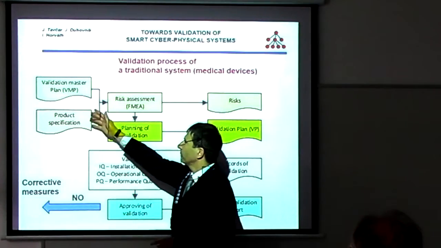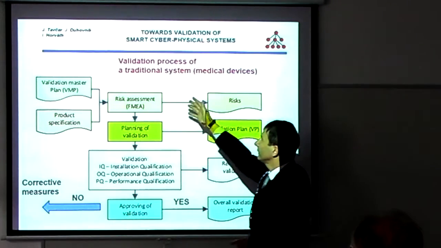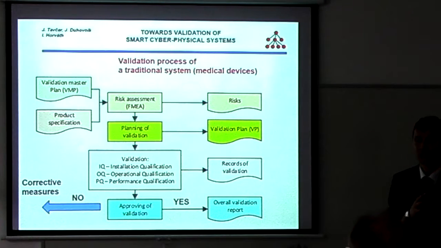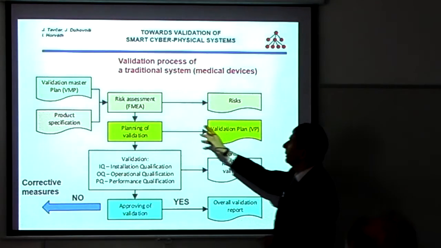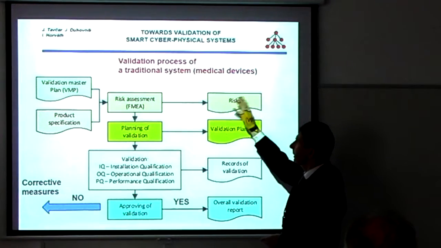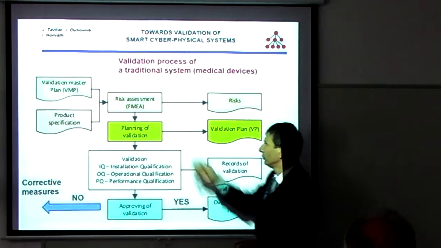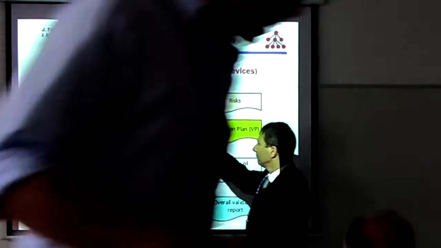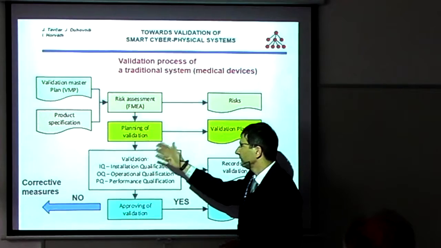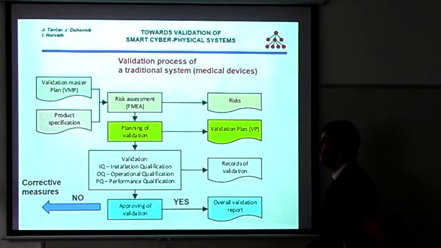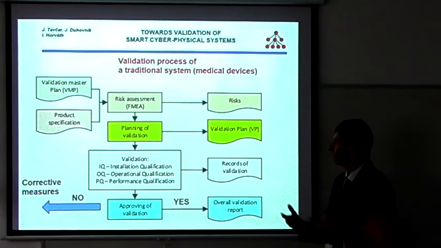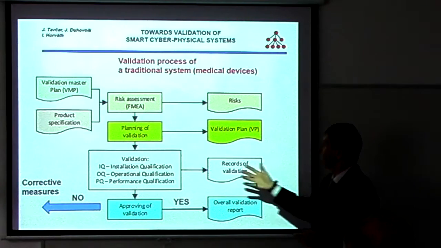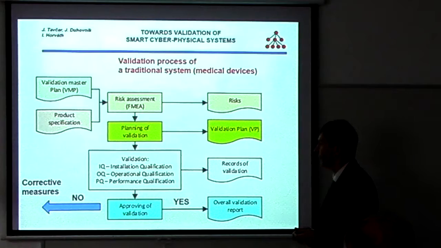We start with the product specification, and the first step is risk assessment. Especially with more complex systems, we simply cannot focus on all details. Therefore, we need to assess what is critical, and then through the validation process, we focus on these topics. So we prepare a validation plan and execute validation. Typical phases are installation, operational, and performance validation, and it's important to record all the validation steps well, because this is later a proof that the product works according to specification.